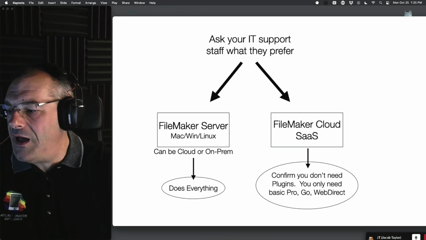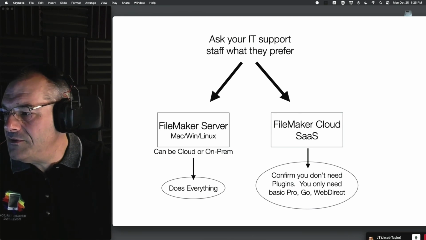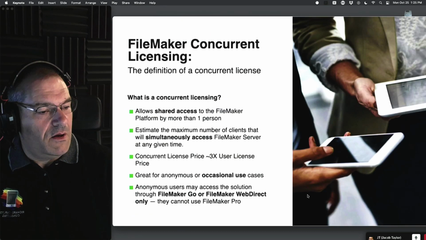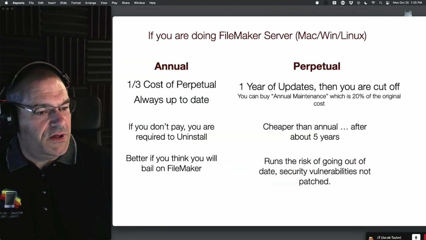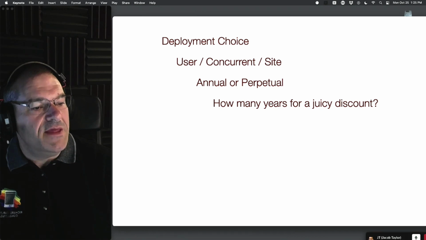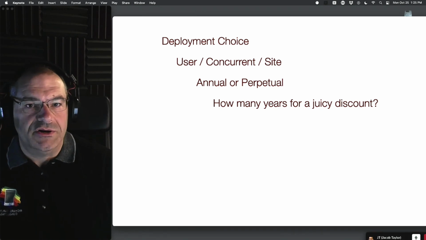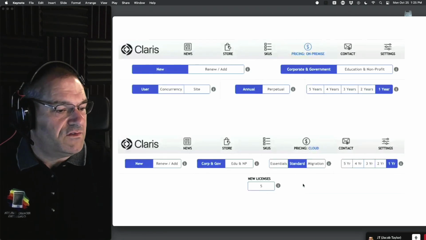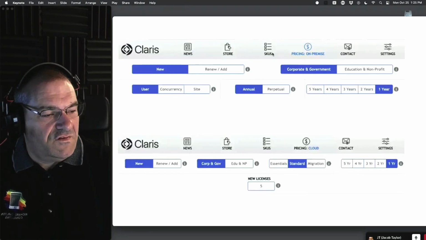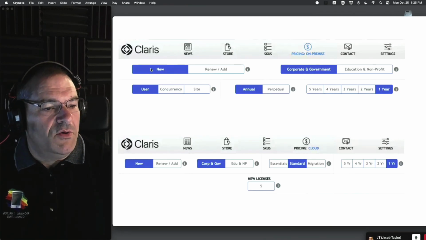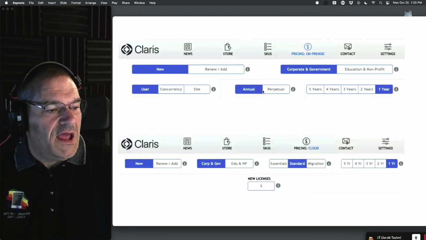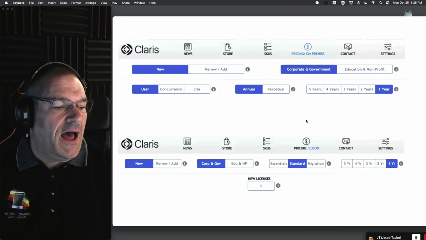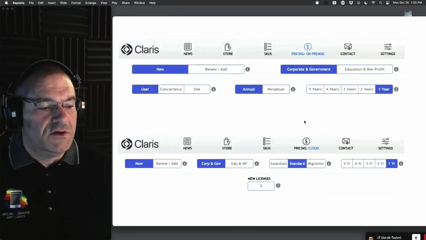Kyle says annual is definitely better. Yeah. So I want to make sure I've covered all this. I'm jumping through it. Perpetual, annual. How many? And then if you want, you can get additional years on that as a general rule, and you can get an additional discount on that, 5 or 10%, something like that. So this is kind of Claris's sales tool, and they say, well, you want new or renewal, it doesn't really matter. So you select user licensing, concurrent site licensing, annual, perpetual, and then the number of years you want, and then out from their software kicks out the price that you're going to pay, right?